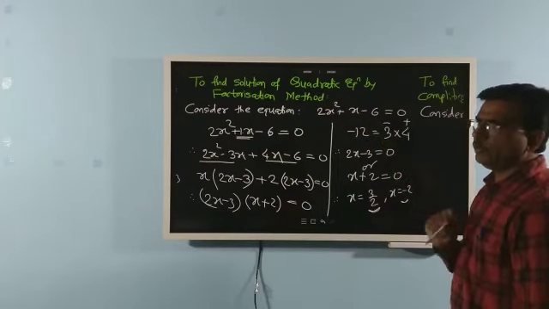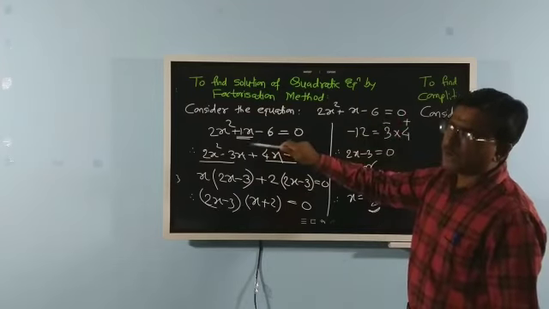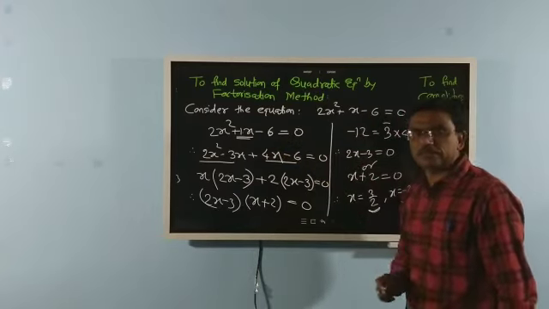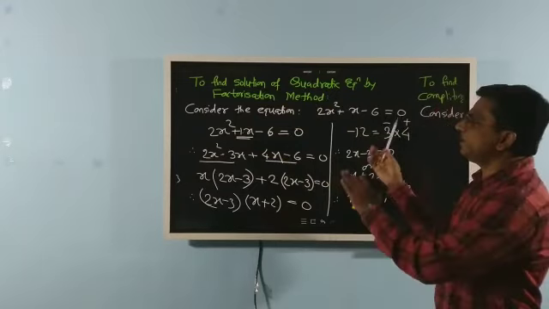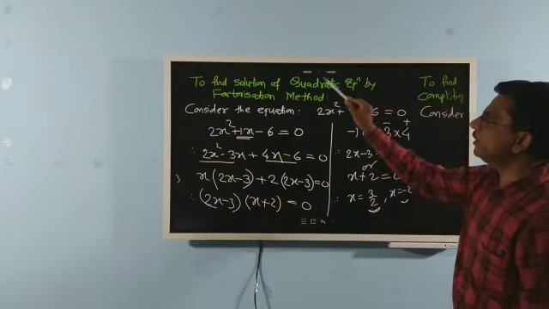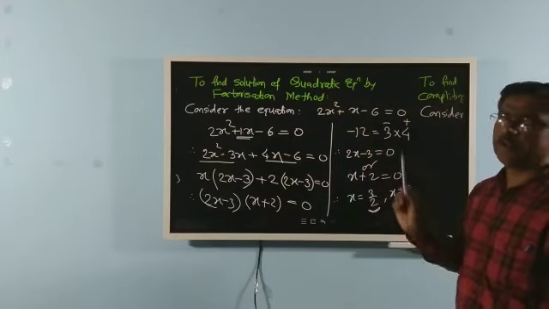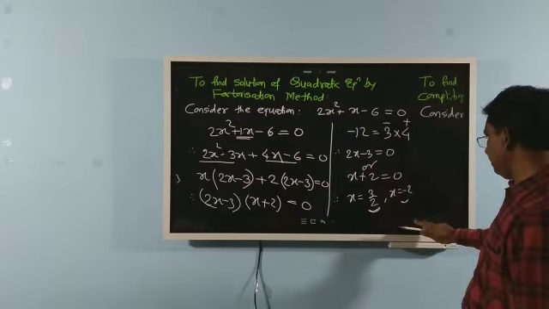Here you have to know that the zeros of a quadratic polynomial and the solutions of a quadratic equation are the same. But that is for a quadratic polynomial, and this is for a quadratic equation. So this is the first method to find the solution of a quadratic equation: the factorization method. Okay. Now there is